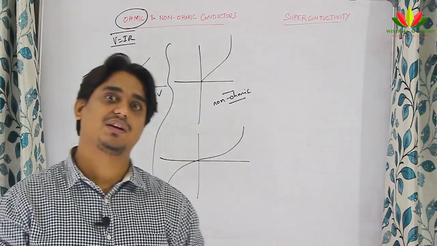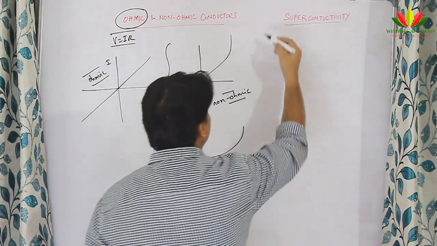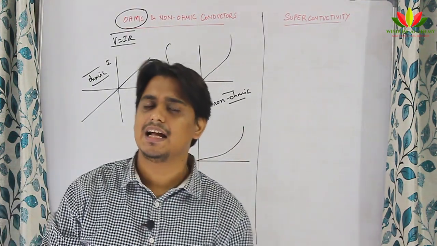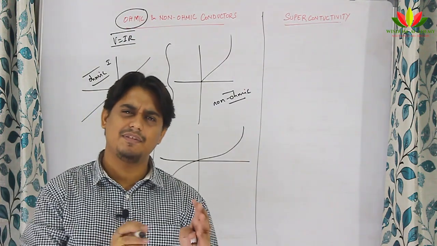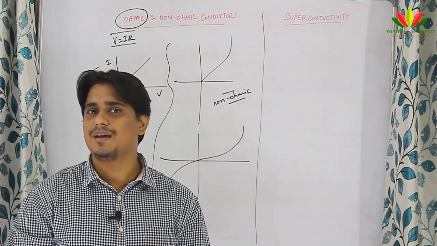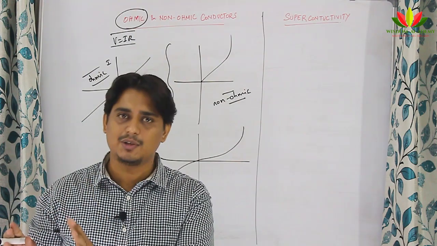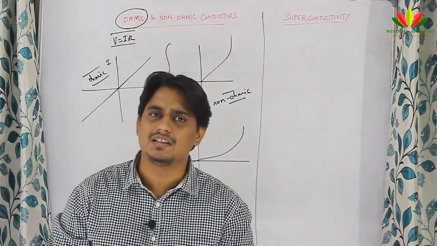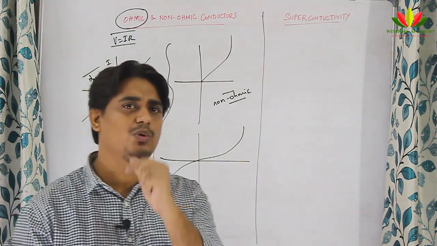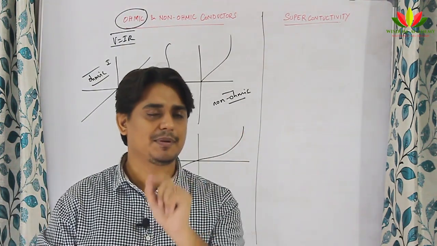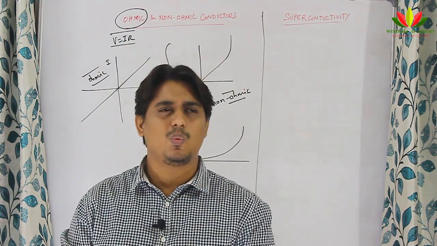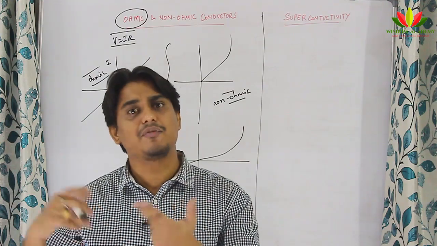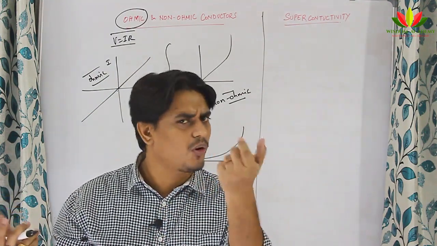Let us also talk about superconductivity. I think I have talked about it when I told about the bifurcation of materials based upon resistivity, and I said that it is possible at very low temperatures. We may make a particular conductor lose all its resistivity. Resistivity can even become 0. Now, I told you resistivity depends upon tau, the relaxation time. What if I make tau infinite, very long, then R will become almost 0.